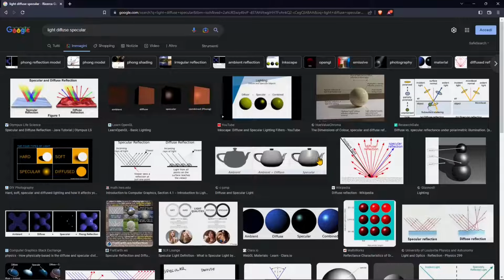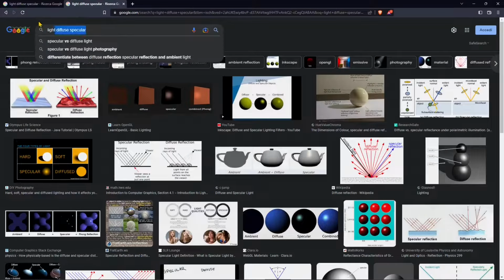Now we saw that talking about materials, they are just reacting to light, and based on how they react to light, you're gonna have different material effects. So we talked about the diffusion or diffuse channel or texture, and also the specular, or specularity, or reflection. So